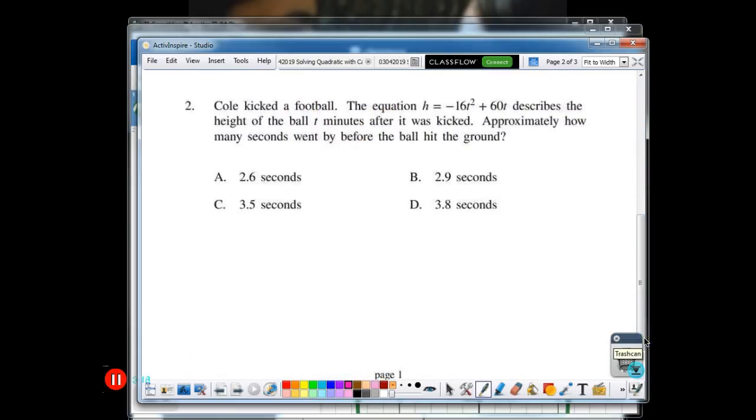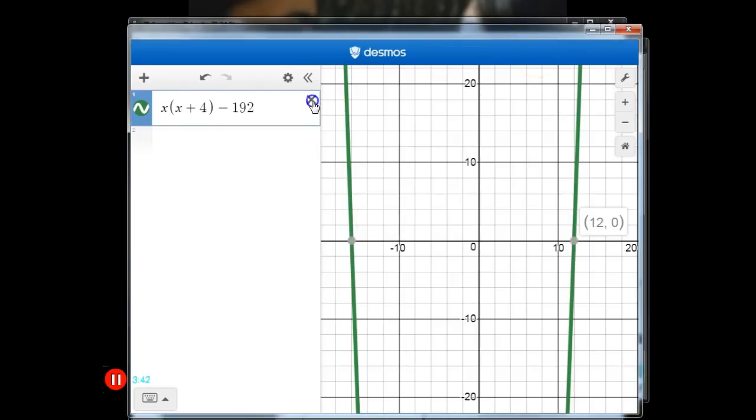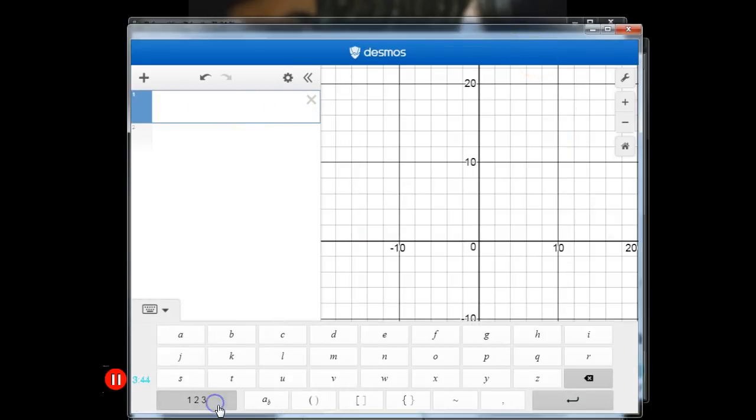Okay, Cole kicked a football. The equation h equals negative 16t squared plus 60t describes the height of the ball t minutes after it was kicked. Approximately how many seconds went by before the ball hit the ground? Okay, so we have this equation, right? And this describes the height. So if I graph this, right, and I have